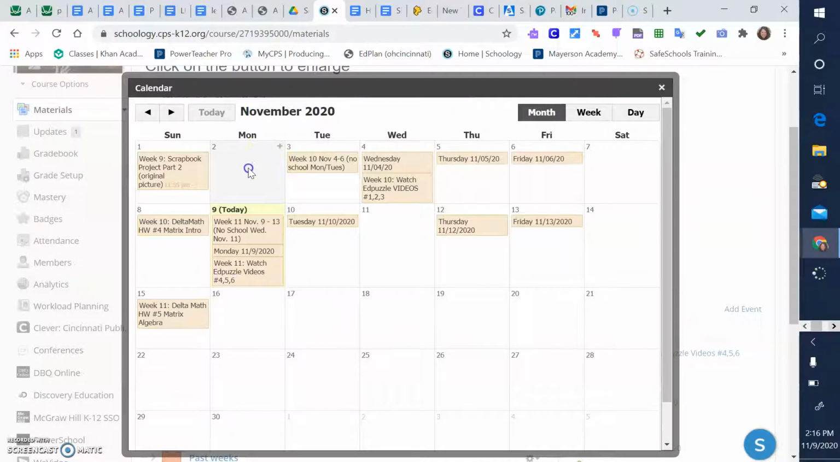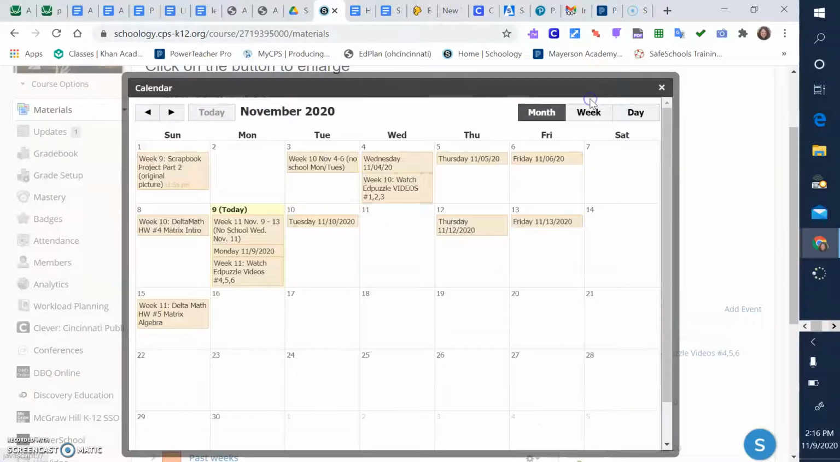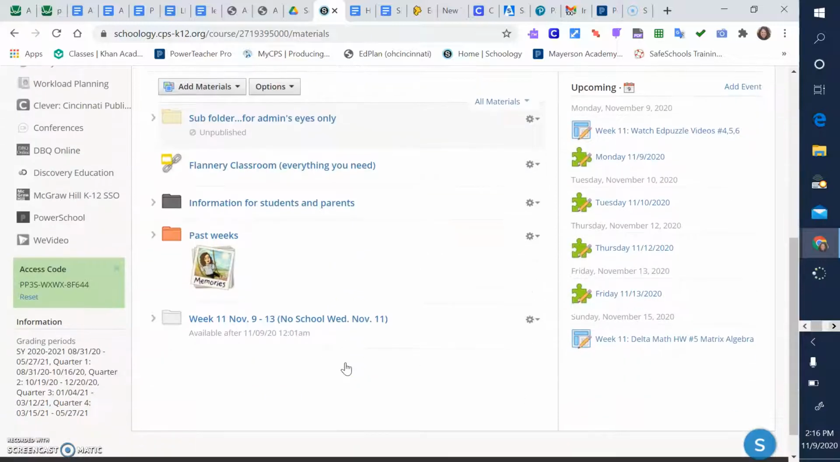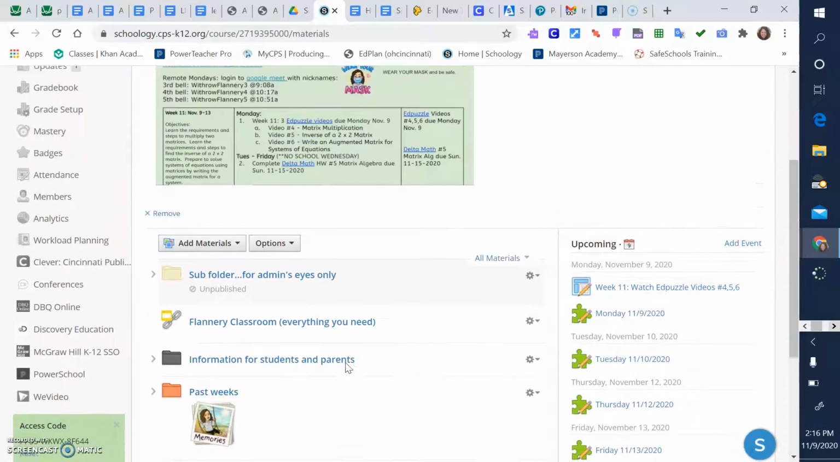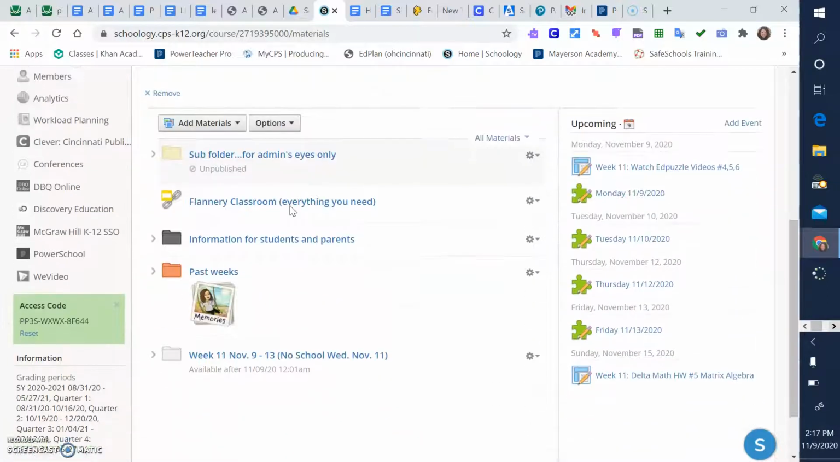Last week, because we didn't have school Monday or Tuesday, the videos were assigned on Wednesday. And if you click on that, that will tell you how to find it. So anything in here that you need, you can go to the calendar or you can go to the folders for each week. So the folders are down here. Or you can just look at the top and click on it for the current week's stuff, okay? But I would suggest starting with week 10,